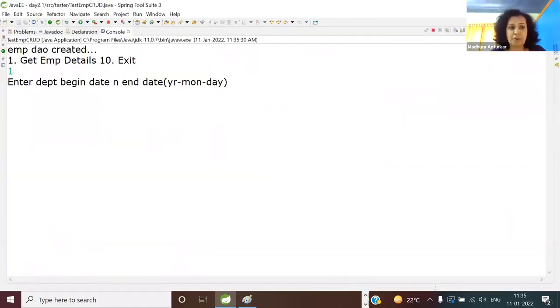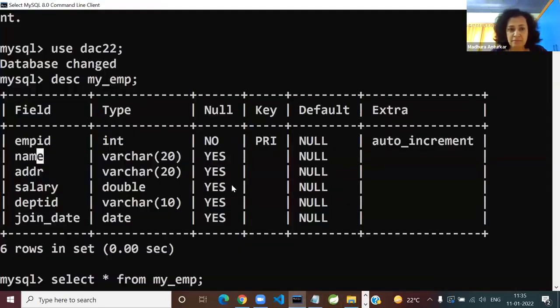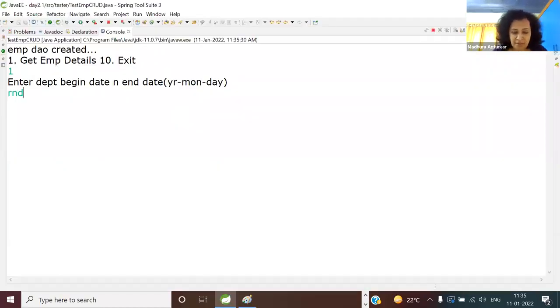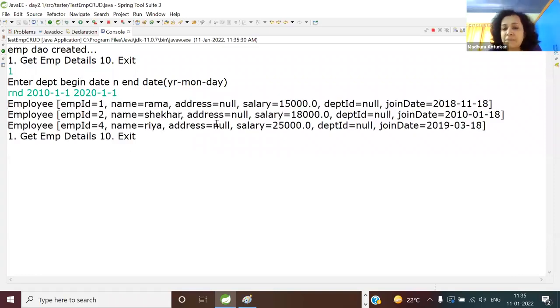So suppose I say get employee details. So I think prod, suppose I say, okay, R&D and between some dates. You can test that much. You don't require zero prefix here. And suppose I say 2020 and something. And you should see the data. But if you're observant,